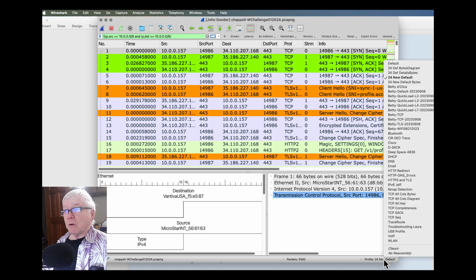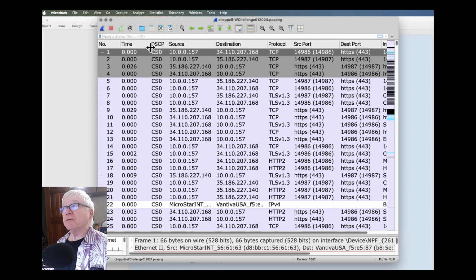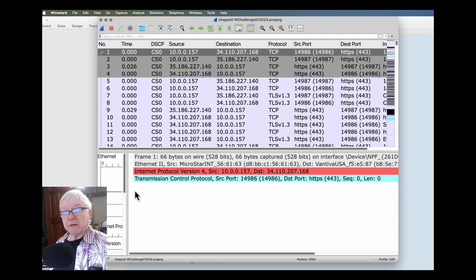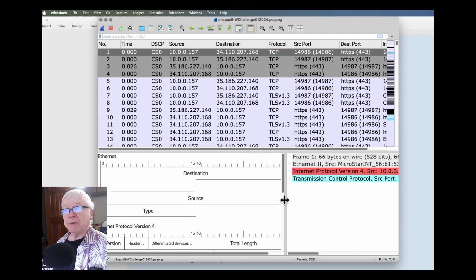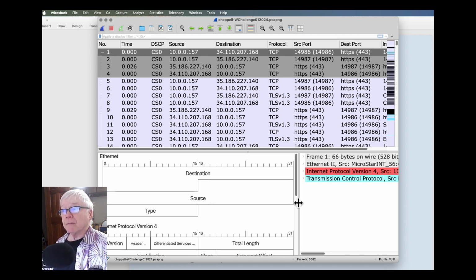So a very common thing to do with the power of profiles is to create a profile to find particular problems. If I'm looking at voice over IP, then there are going to be different field types in a VoIP file than there will be in an HTTP file.